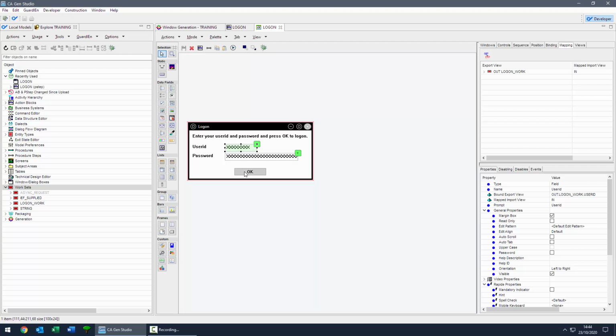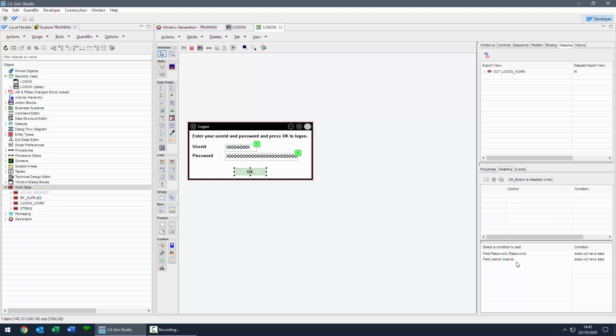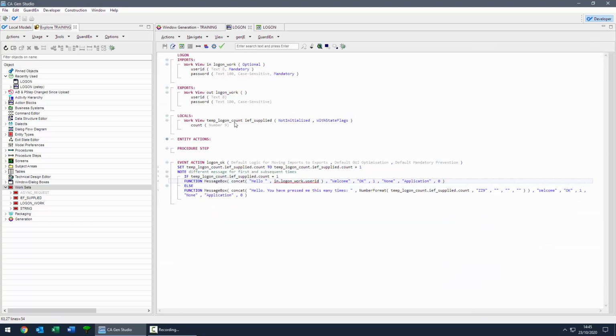So I can do that in one of two ways. I could disable that button through this disabling tab here when the user ID doesn't have data. So I can put that disabling in there, and possibly also when the password doesn't have data, so that would disable that. I could also add in